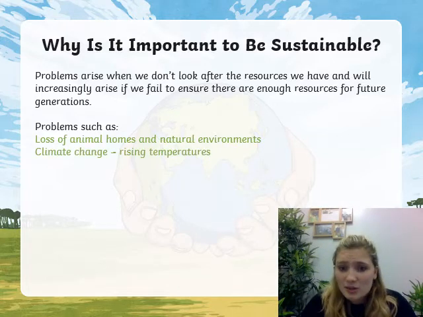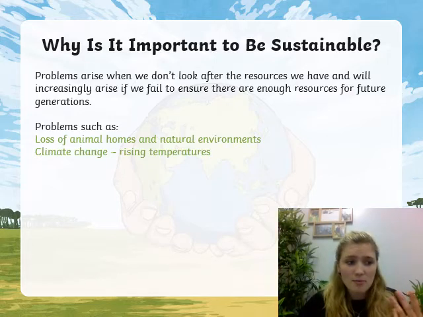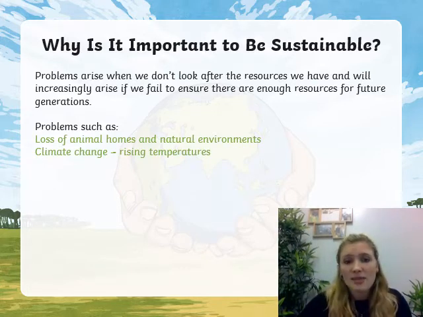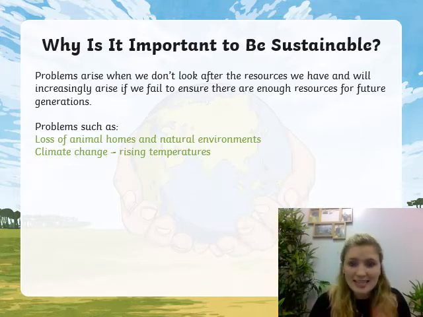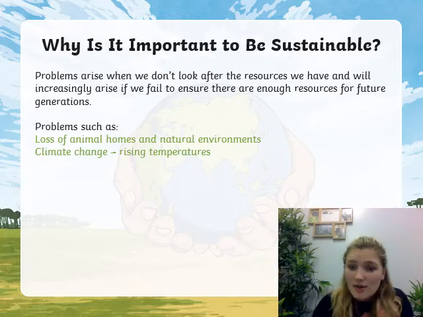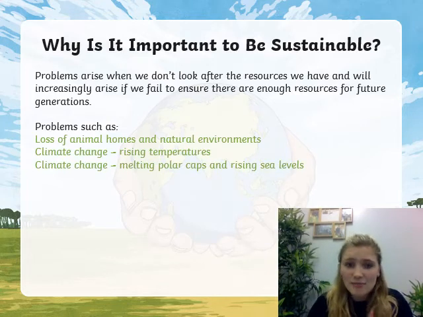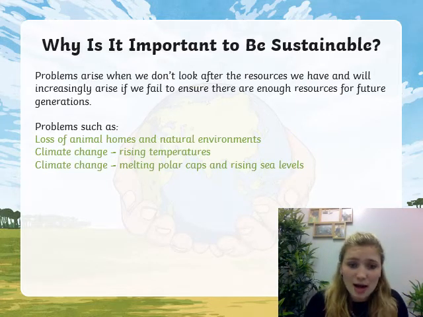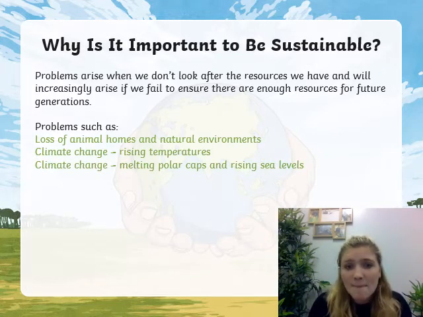Climate change, that's obviously where, because we're burning so many non-renewable energy resources such as coal and gas and oil, that's leading to energy and heat rising and not being able to get out because of the greenhouse gas effect, because they're getting stuck in the ozone layer, and that's causing the temperatures to rise. And because of this it's leading to melting of polar caps and ice and those rising sea levels, which is causing two problems: the ice is melting, so animals such as polar bears haven't got their habitats anymore, and also the sea levels rising is causing problems elsewhere around the planet and to other sea life as well.